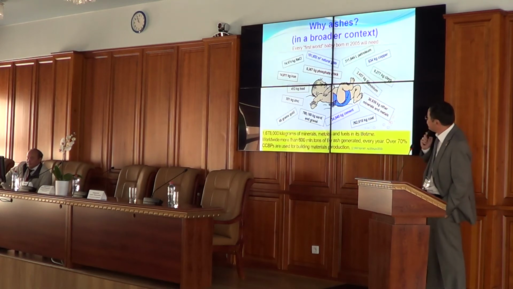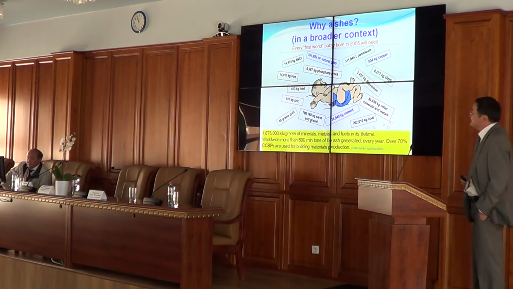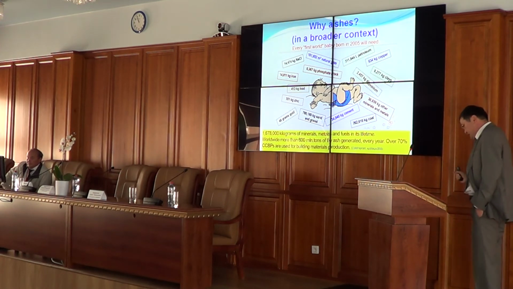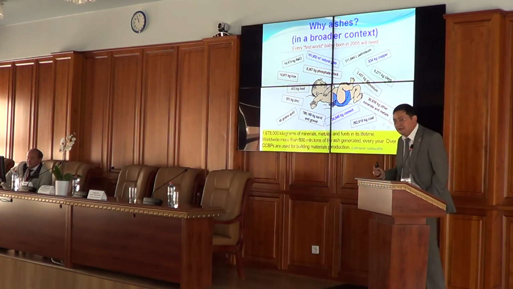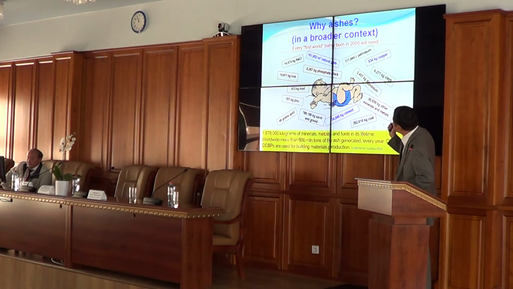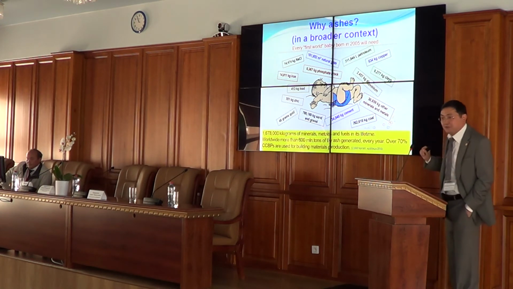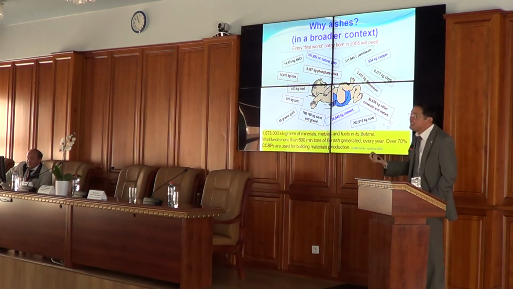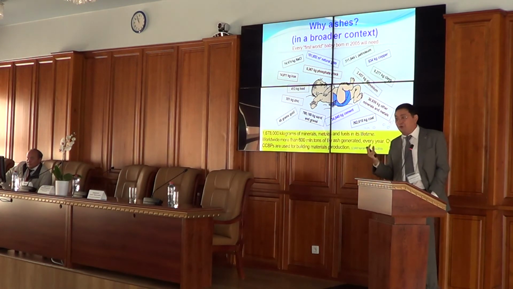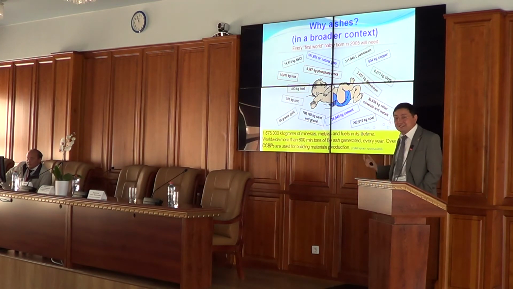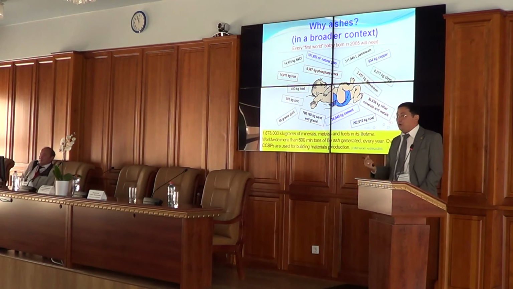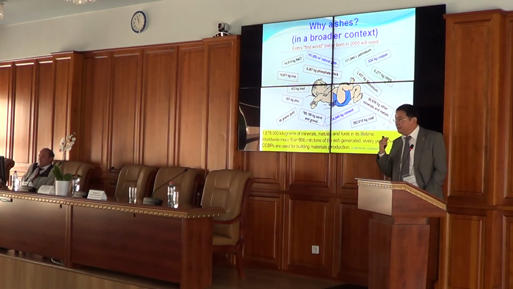Why is this presentation important? Why ashes? It's in a broader context. Each boy who was born in 2005 will use in his whole life at least more than 30 tons of cement, 34 tons of cement, and almost 10 tons of iron, 14 tons of iron. When I first heard this value, I was surprised how one boy or one person can use so much. And then people who work in sustainability explained it to me.